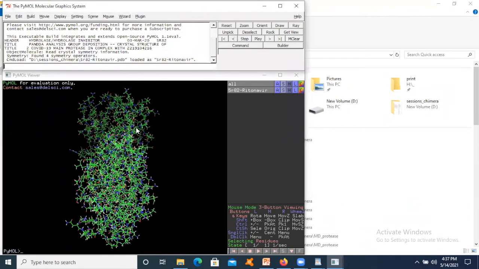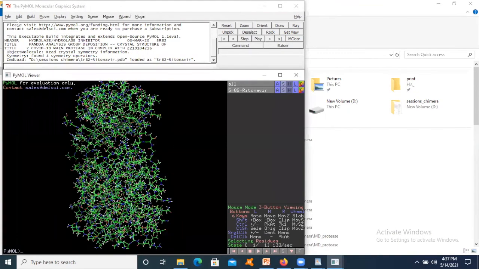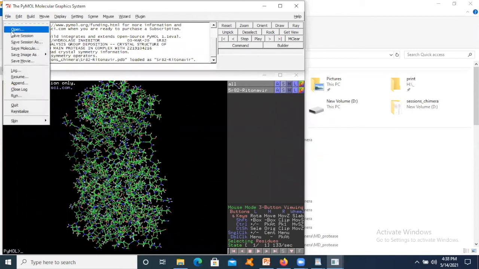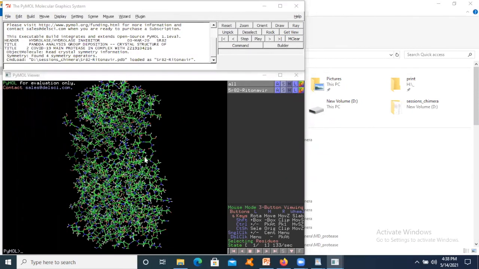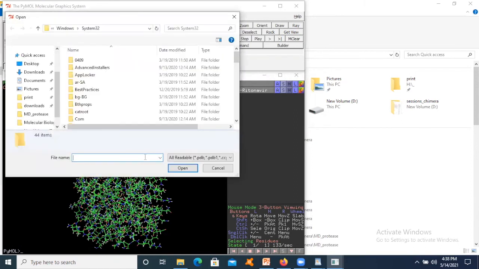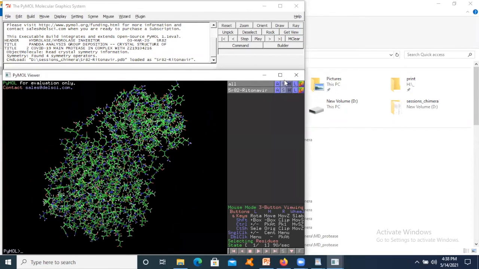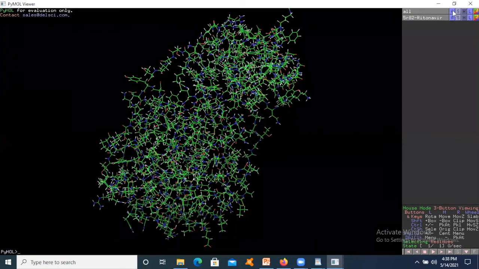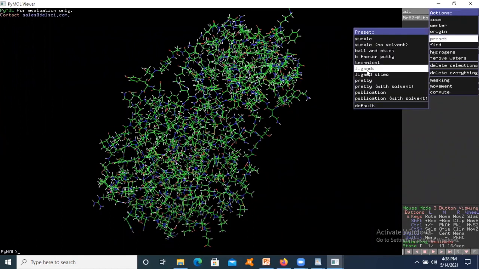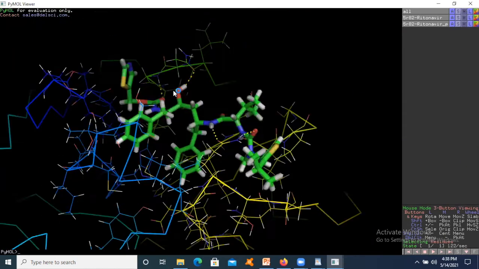So you can see here that this particular protein is already present in the workspace. For you, you can go to File and then say Open, and then select the protein of interest, the complex protein. Because I have it in my workspace, I'll just say all, then preset, then ligands.